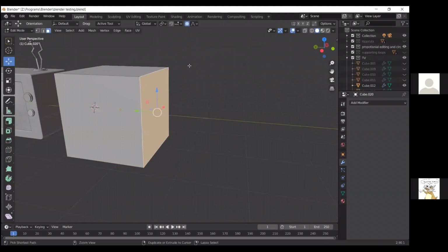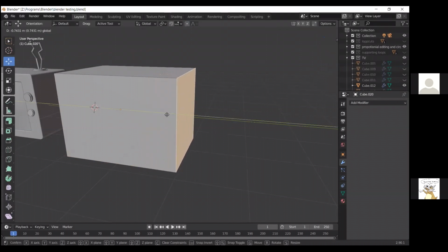Oops. First off, very important that we need to remember to turn off proportional editing mode when we don't want to use it. Otherwise, it could make a mess of your entire model. So we're going to go back here, back to the top bar, turn off proportional editing. And now when the pull is out,